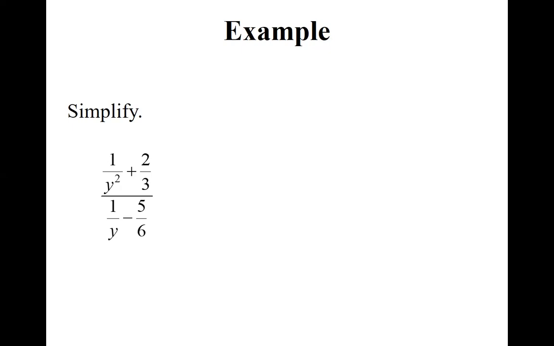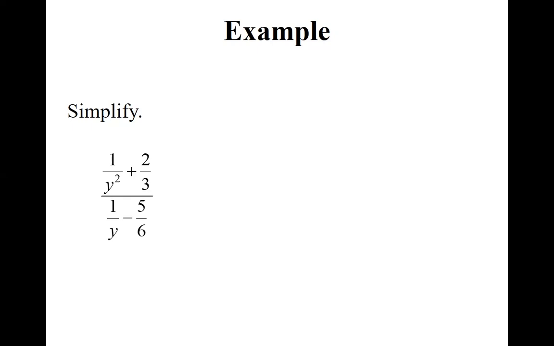So our unique factors are y, 3, and 2. Our highest power of y is squared. Everything else is just first power. So y squared times 3 times 2,